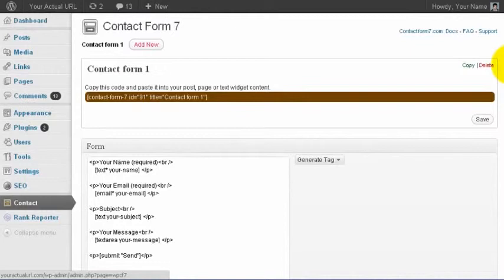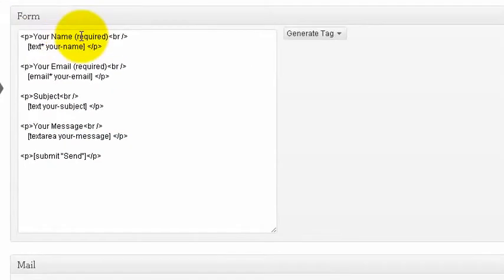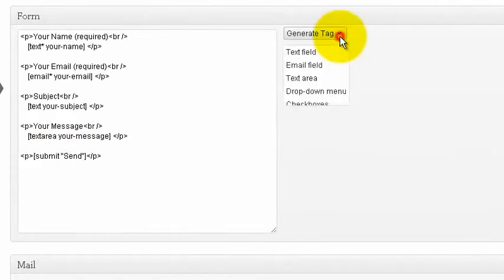default contact form. However, in this example, I'm just going to use the existing contact form that I have already placed on my WordPress page, and all I'm going to do is show you how to add new fields to your contact form. So as you can see here, the name, email address, subject, message, and the send button. Okay, but let's say you want to allow your